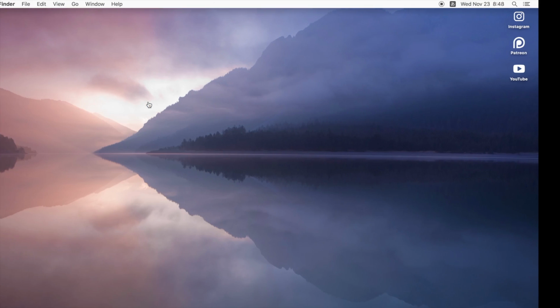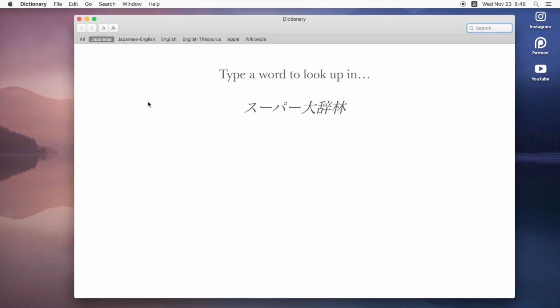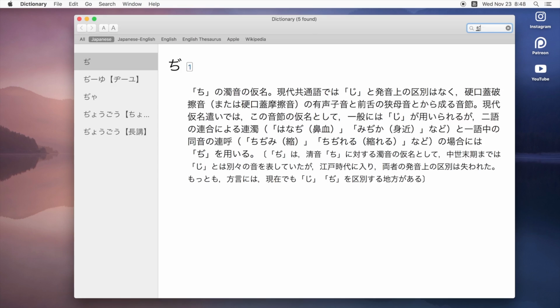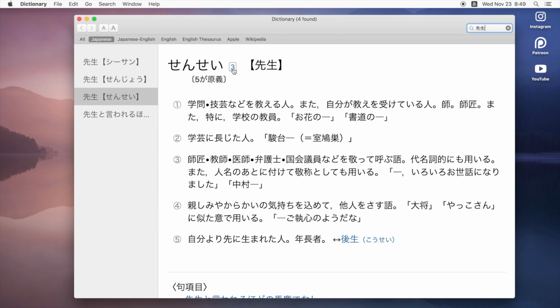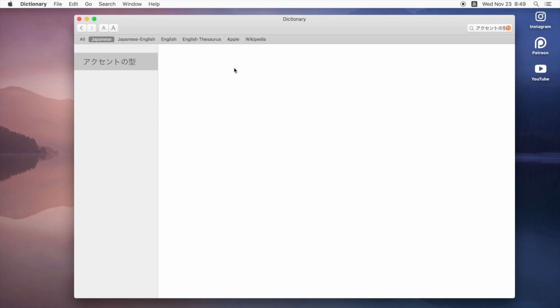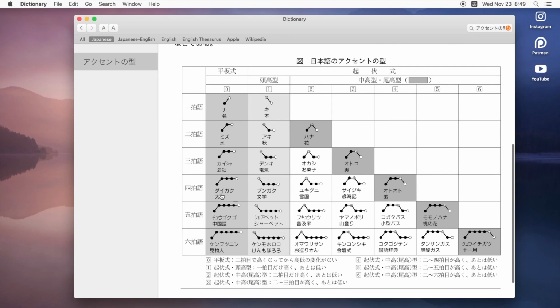But if we're on a Mac, what we can do is we can go, again, open up the dictionary. And we know that the word is in the Nakadaka pattern, and that it's going to be, again, 4 mora and 3. So 4 mora, 3. So this is what the pitch accent pattern of the word looks like if you include the particle as well. But if we only look at this, it's a little bit difficult.